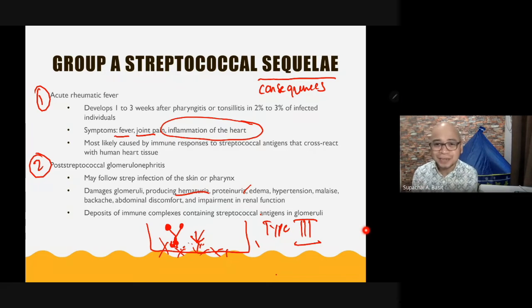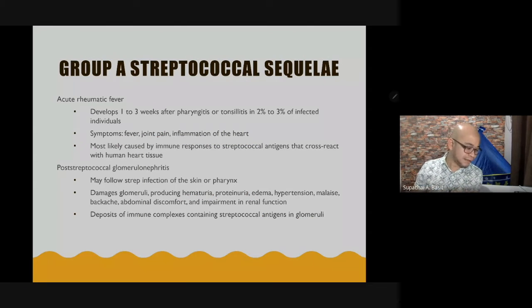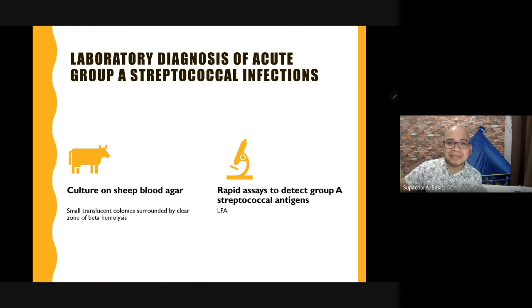So therefore, if you are a clinician and you are suspecting that the patient is having streptococcus infection, then it's very important that the physician should give appropriate antibiotics through proper diagnosis. So how could we properly diagnose group A streptococcal infection? Okay, so one of them, of course, as what I told you, we can do the conventional way, which is